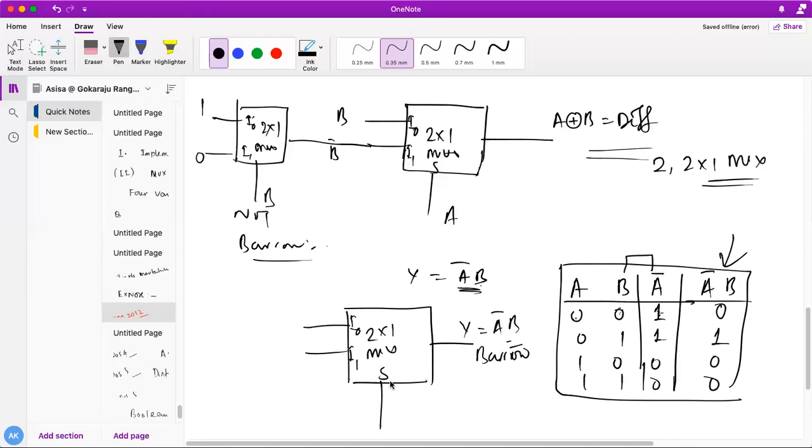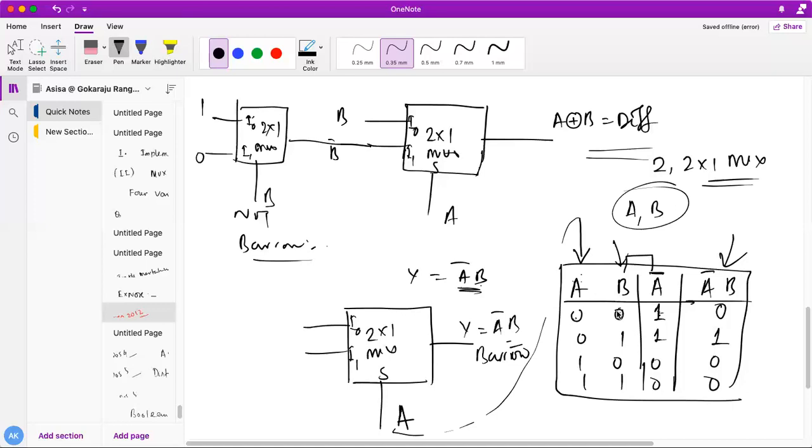Am I correct? So what I have to do is connect the MSB input. It's not going to change, students. It's A only, because my inputs are actually A and B only, not A bar B and B. So my input is A. You just have to connect this to the select line. So this is my A. Now what are the remaining variables present? B is present. You have to write down your input function equation with respect to B.